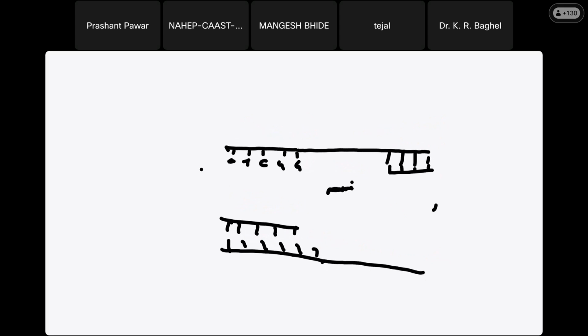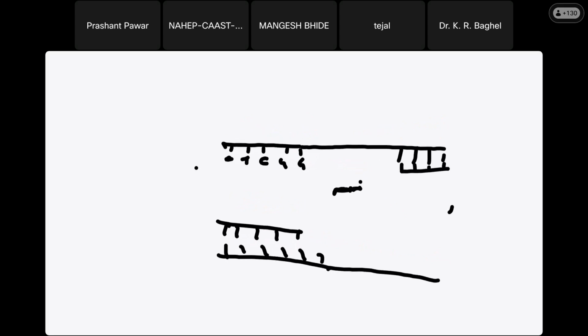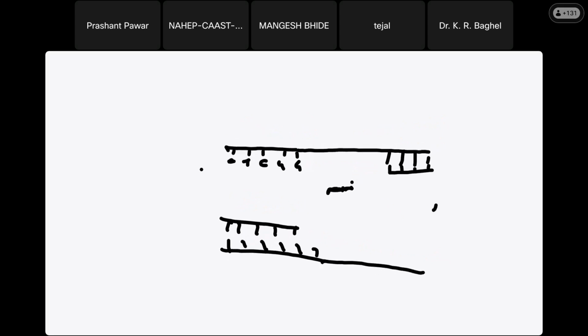So when there is a complementary attachment of primer to DNA, you have 2 options. This end, 5 end and 3 end. Both ends are free, right? Now DNA dependent DNA polymerase, when it sees that the 3 end is free, will start to fill in